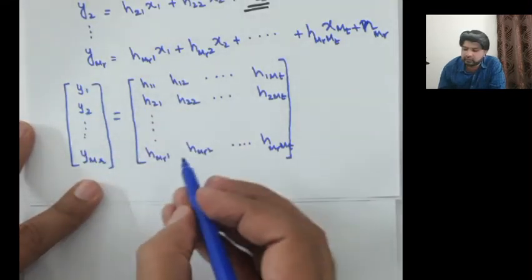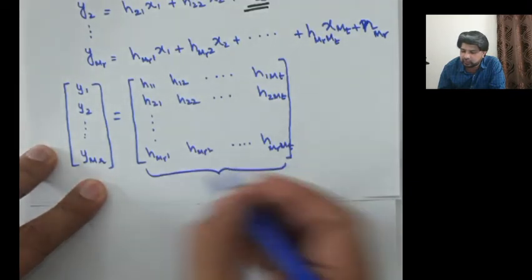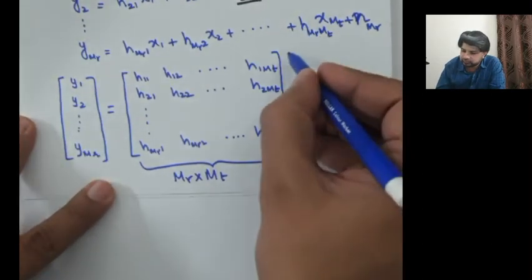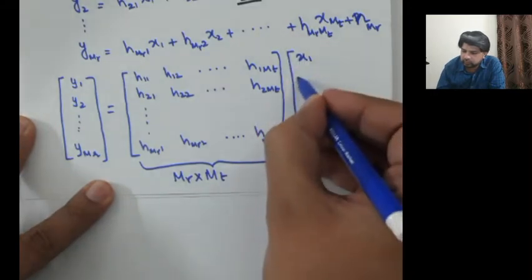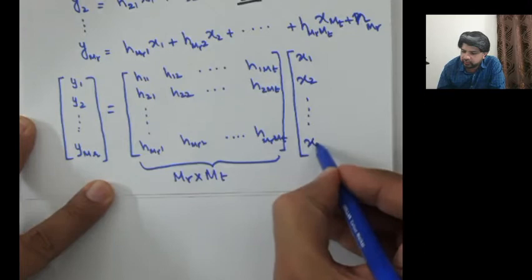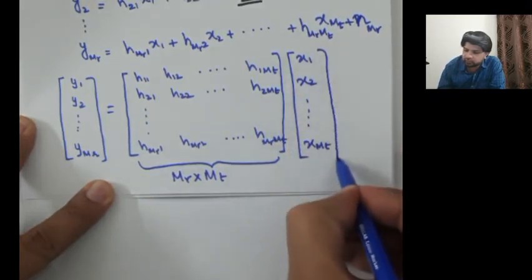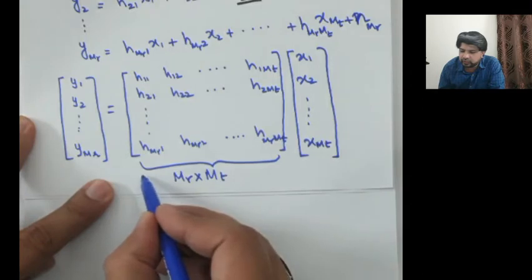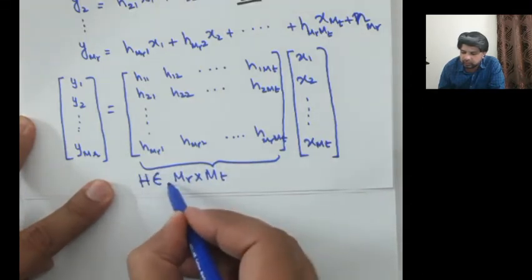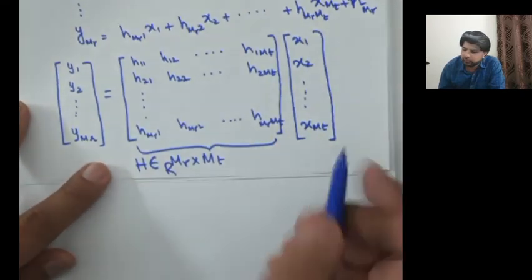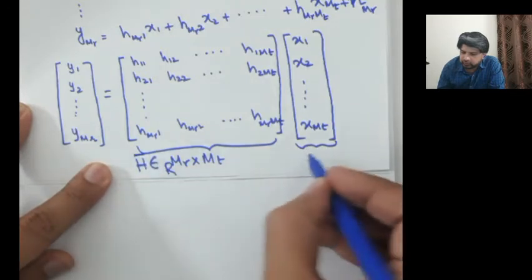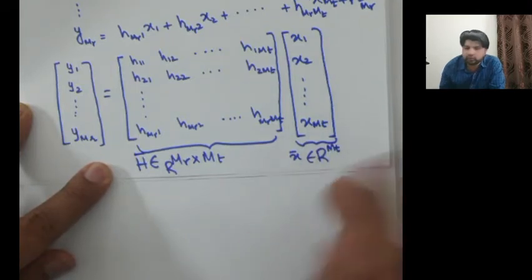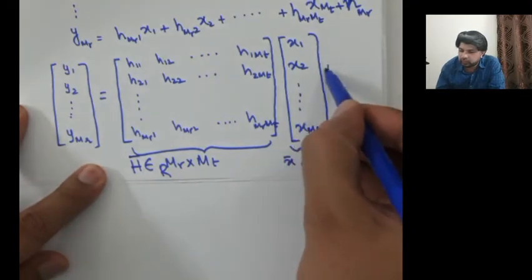So you can see that this channel matrix has a dimension of mr cross mt, where you have mr number of rows because you have mr received antennas. This has a dimension of mr cross mt and gets multiplied with a vector x1, x2, up to xmt, whose length equals the number of columns of this matrix. So you have mt number of columns in the channel matrix. Let's call this channel matrix H, and this is an element of R mr cross mt. Right? So this is a matrix. This vector X is called your input vector, and that would be in R mt, where mt is your number of transmitting antennas. Plus, of course, you would have your noise vector,